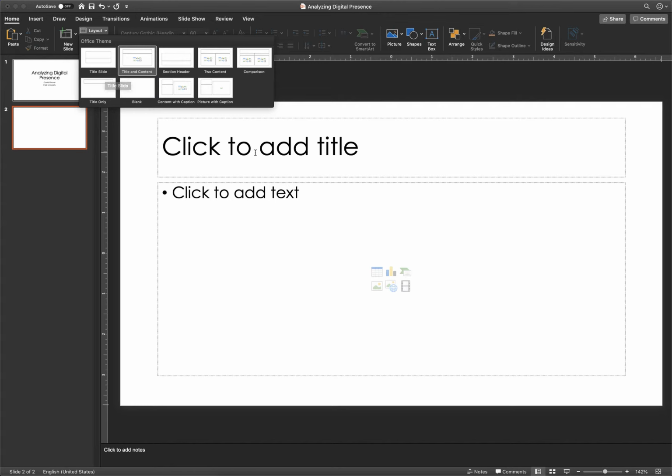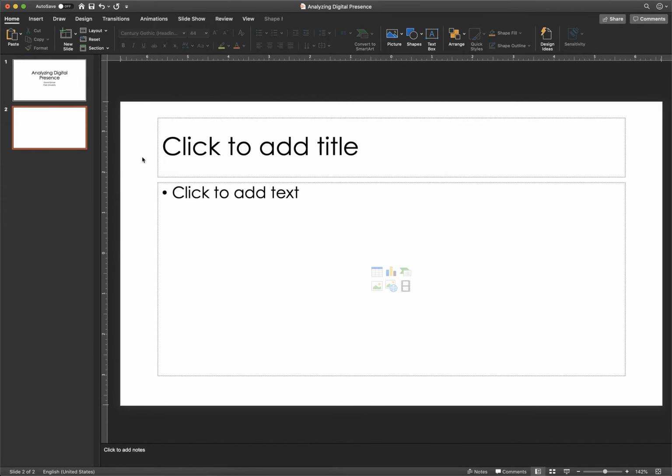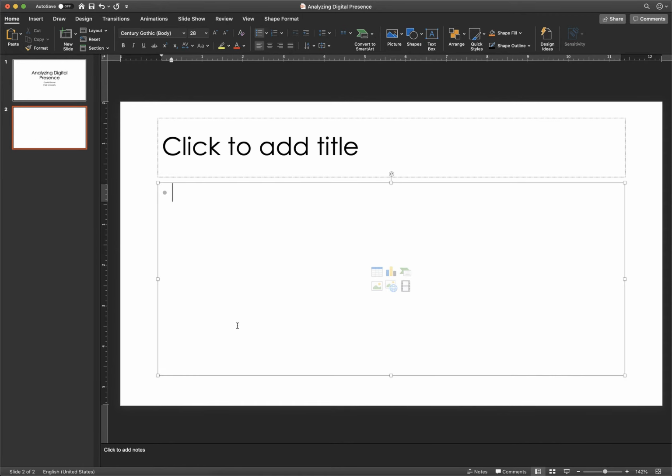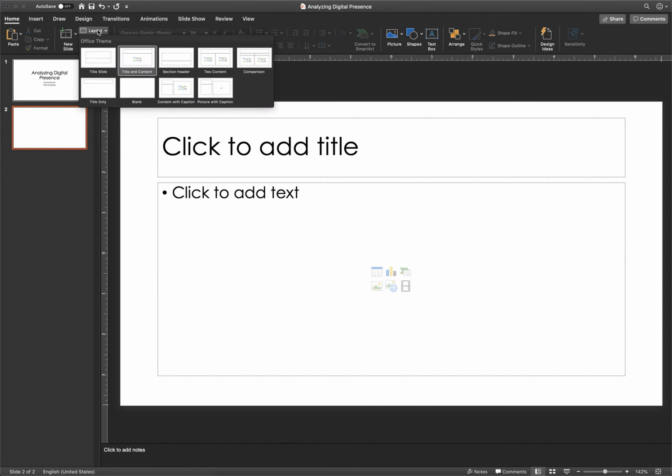And this, you know, the standard format of having a title for my slide and then having a list of bullet points, that's not going to work in most situations. Now on my storyboard, my first slide actually has quite a bit of text on it, but it's text arranged in a visual format. So first thing I'm going to do is I'm going to come to layout and I'm going